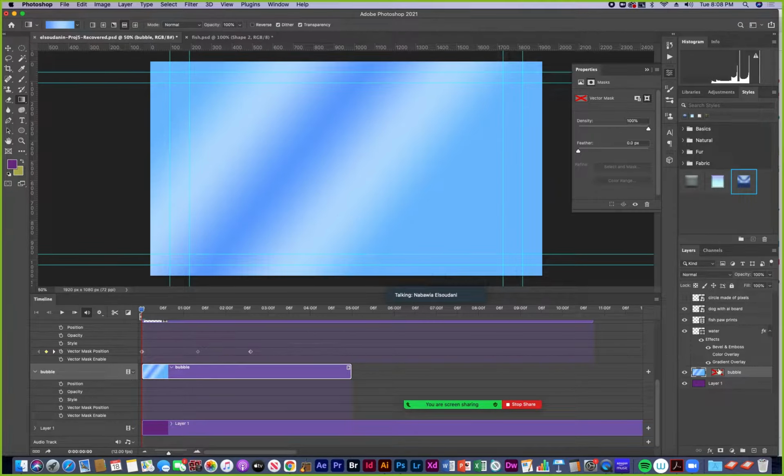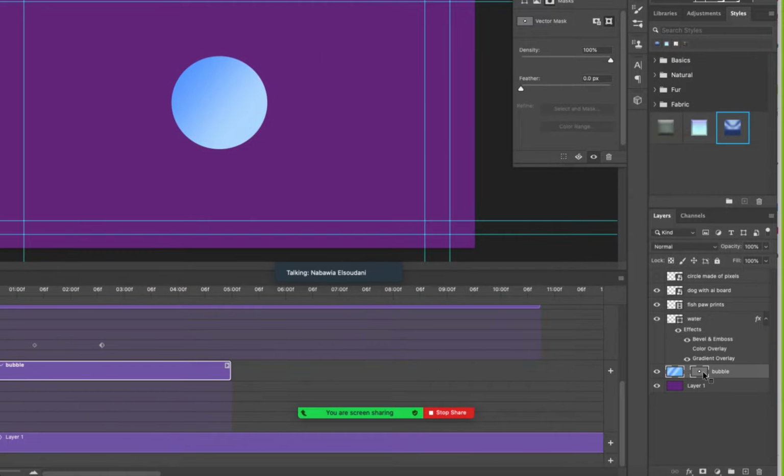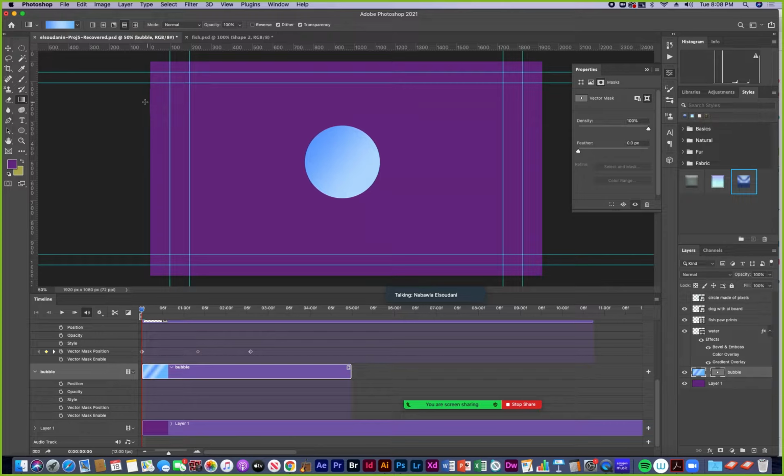And then I'll enable my mask again with a shift click. And then I can use my move tool to move through here. So if I want to create an animation with the color moving through, I could do that.